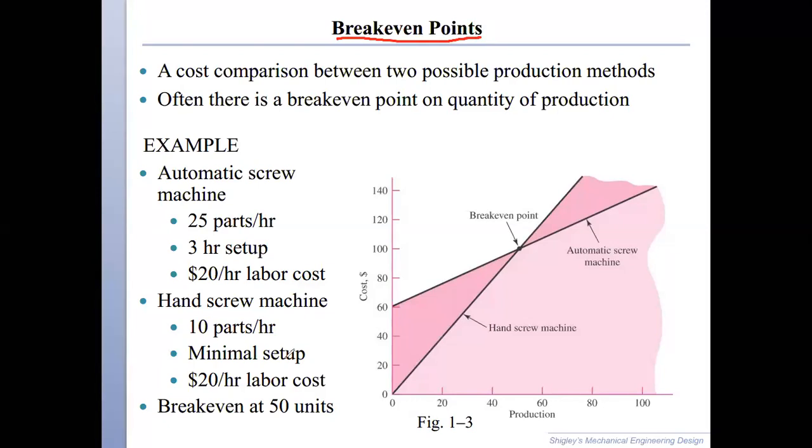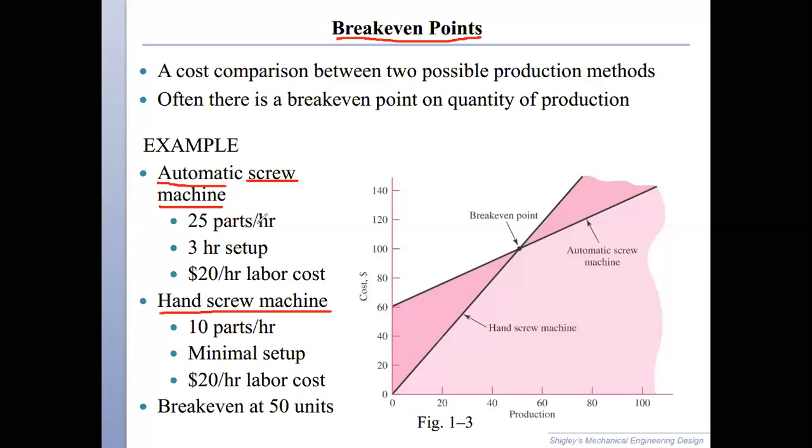ठीक है जी. So what does this break even point do is, let's say for example there are 2 possible ways to manufacture something. Let's take the example of screws. ठीक है जी. So let's say we have to manufacture screws. Here we have to fabricate screws, and there are 2 ways that we can use. One is an automatic screw machine, and then we can use a manual process, which is a hand screw machine. तो इस hand screw machine में हम क्या करेंगे, और automatic में हम क्या करेंगे कि